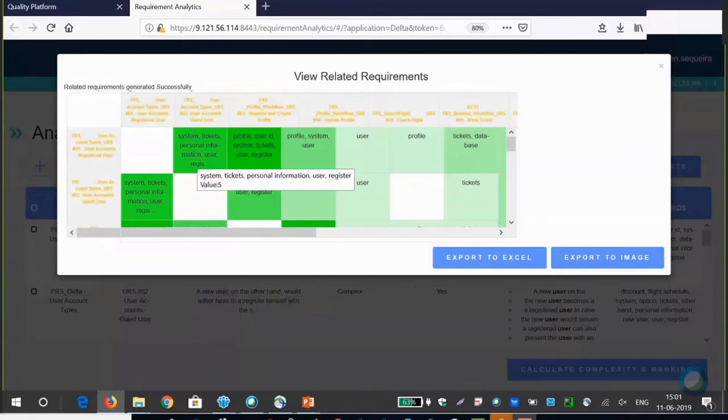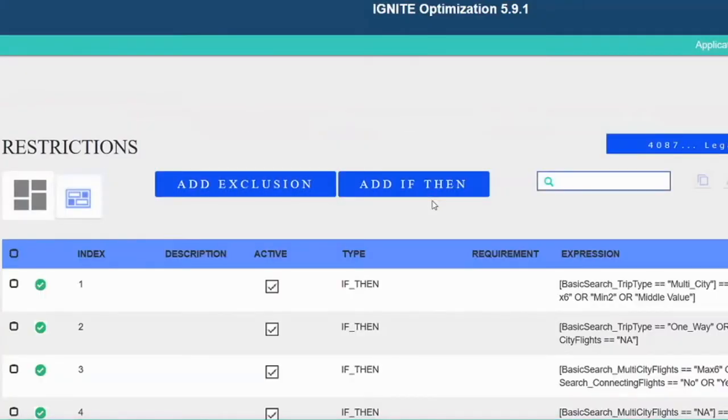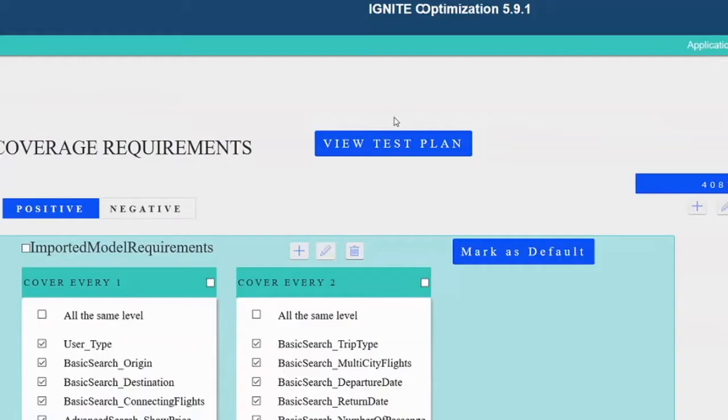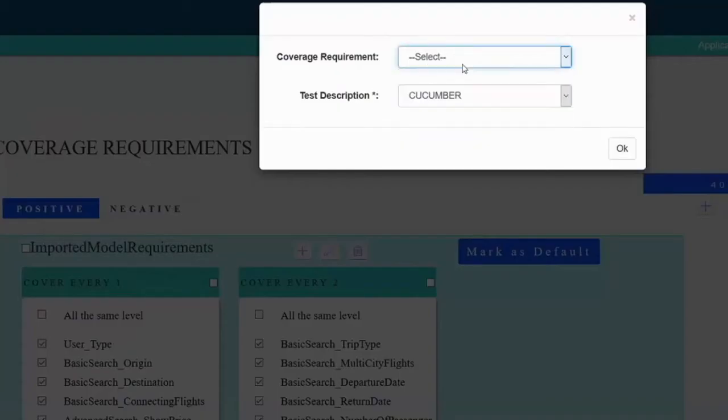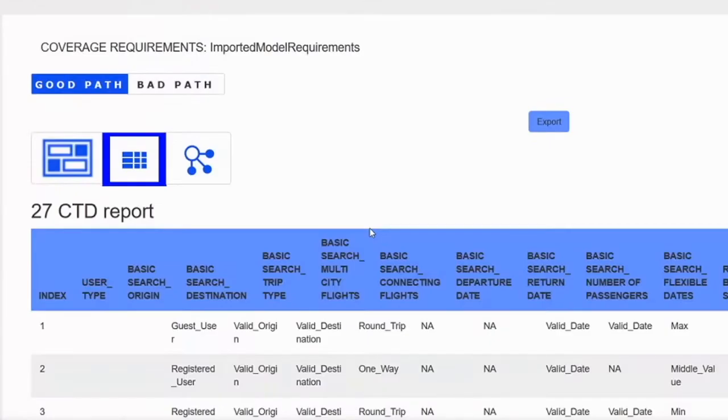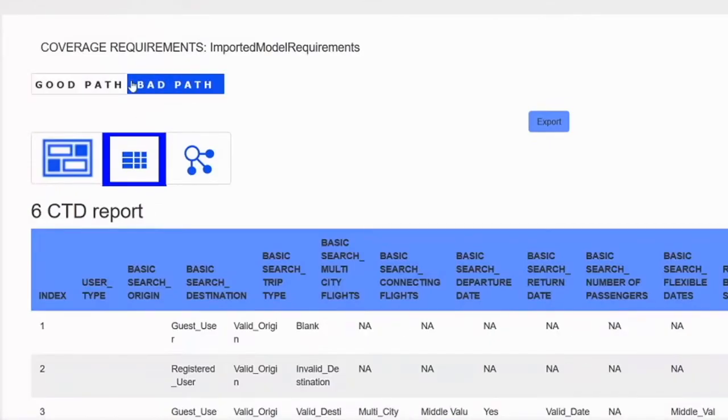You are now constructing business rules which guide how the test plan is put together by combining the values from different attributes. You can also apply restrictions as well. Running a test plan for this particular application, based on the CTD model, we get an optimal set of test cases. With 27 good path and 6 bad path, which represent 100% coverage of business variations. For this application,